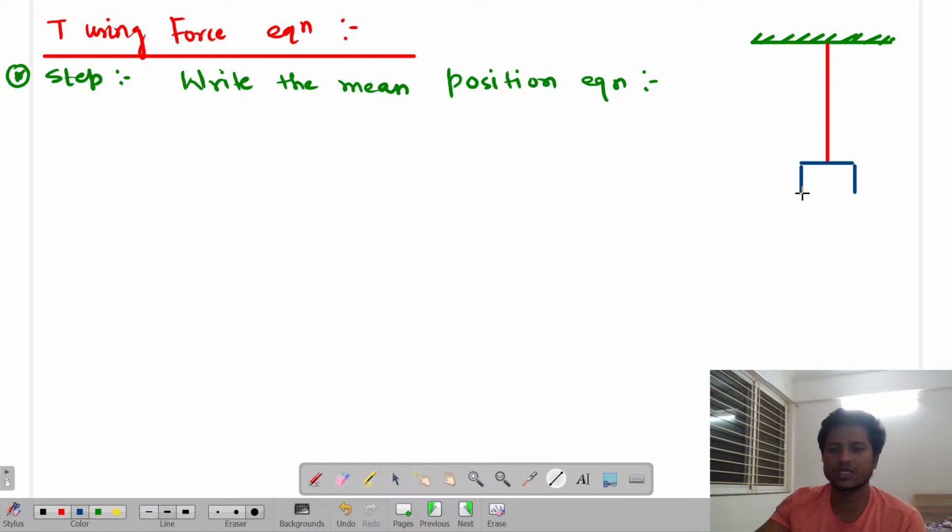One minute, let me just attach a spring over here. Okay, so now you know that this block or whatsoever it is,